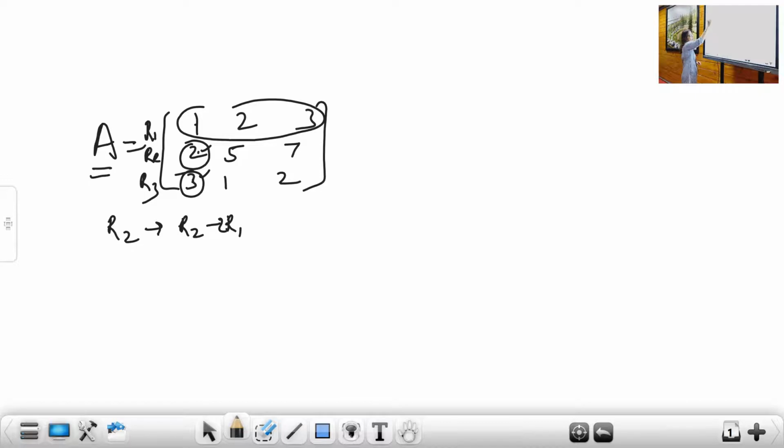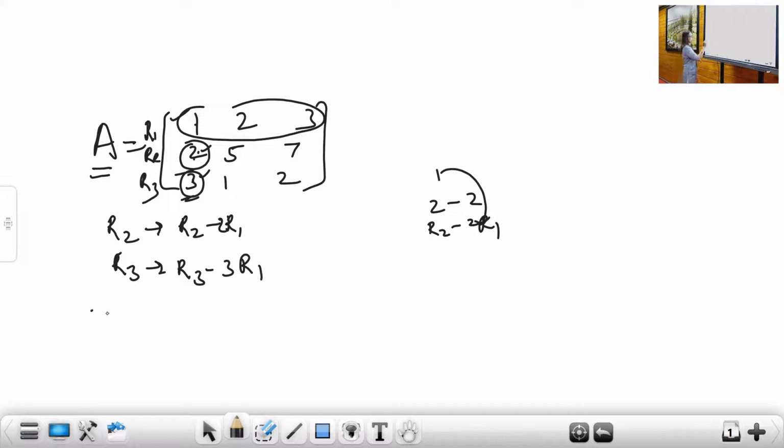If I multiply this number by 1, because to make this element 0, what you need to do? You have to subtract 2 from this. No? 2 minus 2 will give me 0. But I need to take help of this 1. So what I will do? This is R2 minus 2 into R1. Okay, that's why I will get 0 here. How to get 0 here? My target row is the same row, that is R1. So it will be R3 changes to R3 minus 3 R1. So these are the two transformations which are called the row transformations I can do.